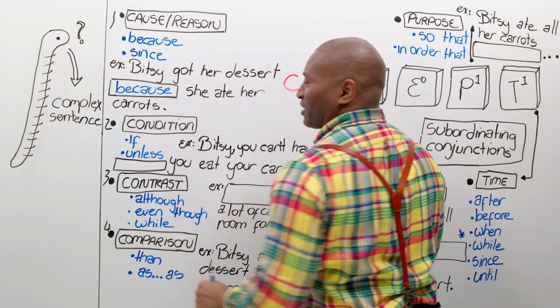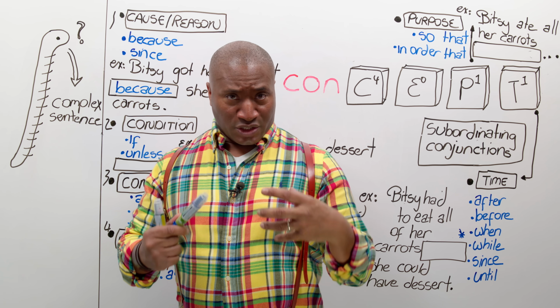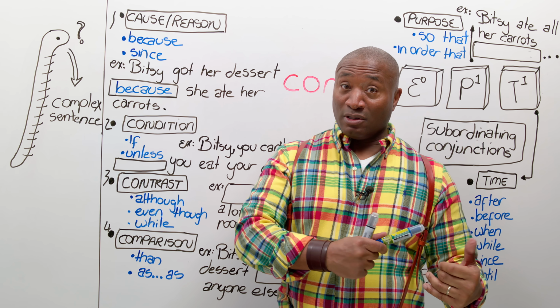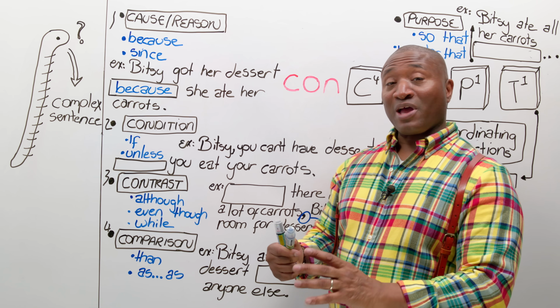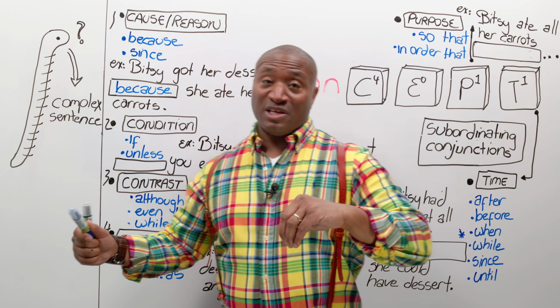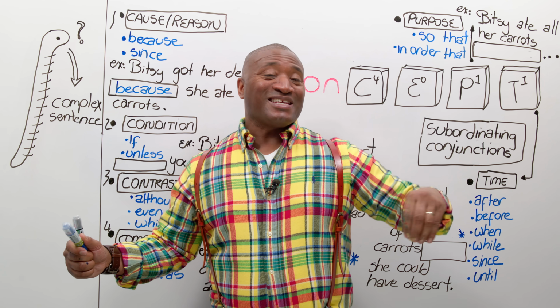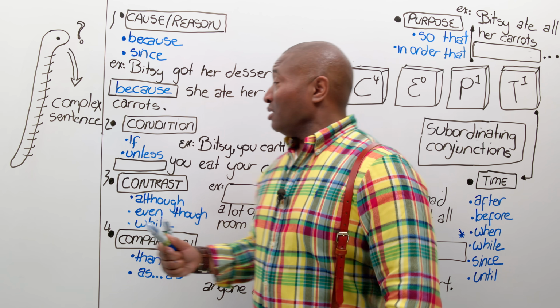On the next one, we have a condition. And you might say, what's a condition? A condition is a situation where something has to happen so something else can happen. And now you can understand why we have this basic sentence and the condition, or what we call the dependent clause, remember? It is needed to give you the information like, what is it I have to do? In this case,